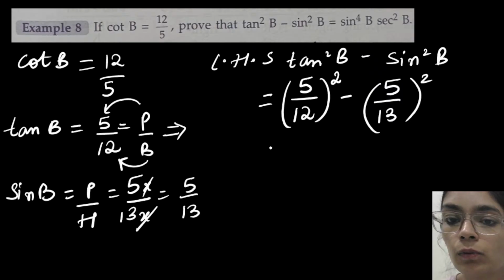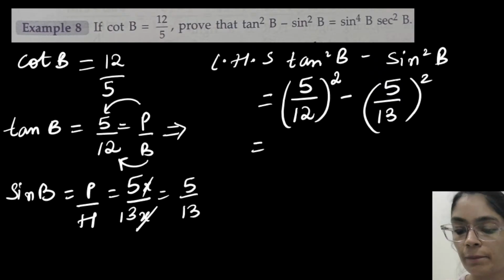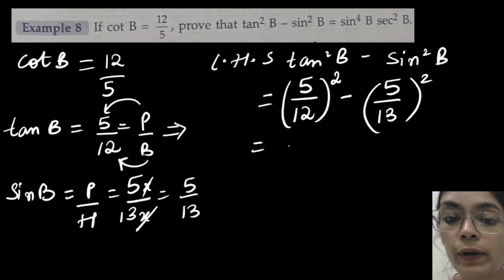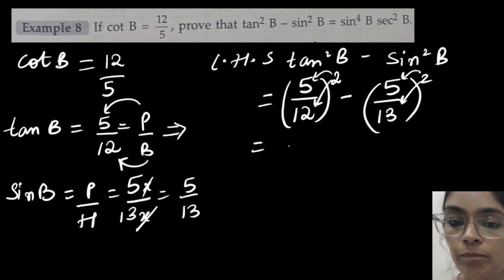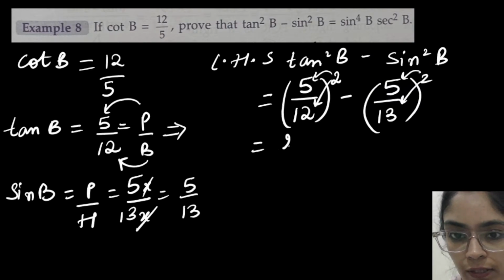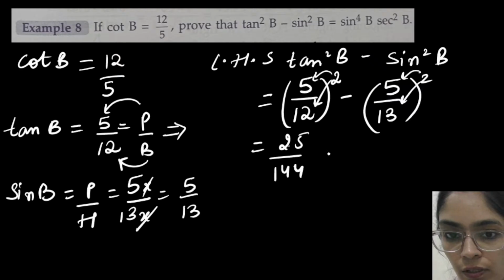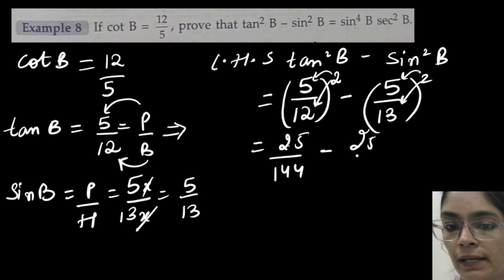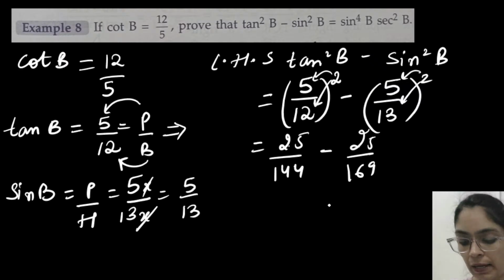So 5 by 13 whole square. Now let's just simplify this. We just have to simplify. So 5 square is, so this square will get distributed to both numerator as well as denominator. So this is one way you can do. You can also use the identity of a square minus b square. Directly you can do the whole square, and you can write this as 25 by 144 minus 25 by 169. This is one way you can do,